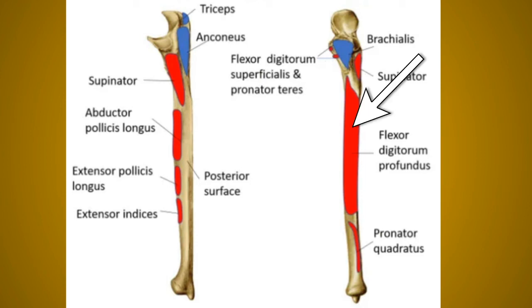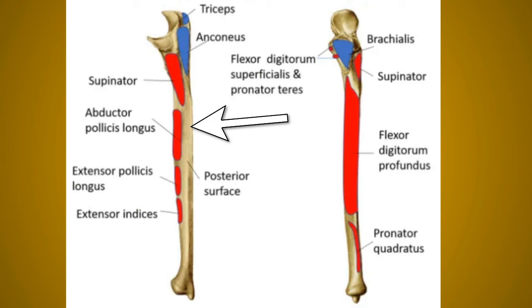Now next is the flexor digitorum profundus. This FDP arises from three main areas of the ulnar bone. Firstly, from the medial surface of the two processes, that is the coronoid process and the olecranon process. Also from the upper three-fourths of the anterior and medial surface of the shaft of the ulnar bone. And very important, also from the posterior border of the shaft of the ulnar bone, through an aponeurosis, which gives origin to two further muscles, that is the flexor carpi ulnaris and the extensor